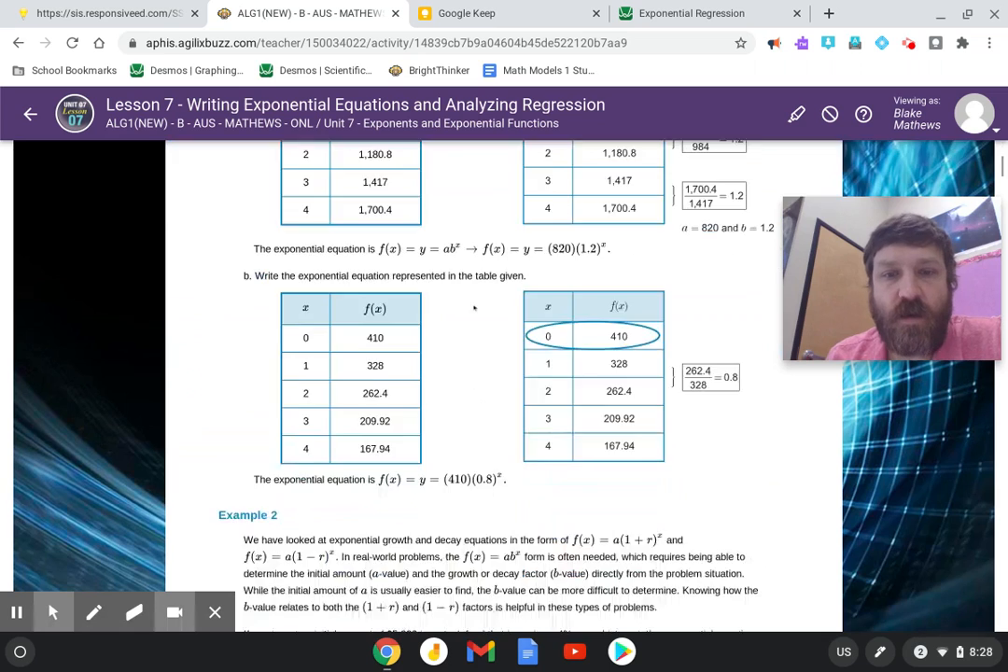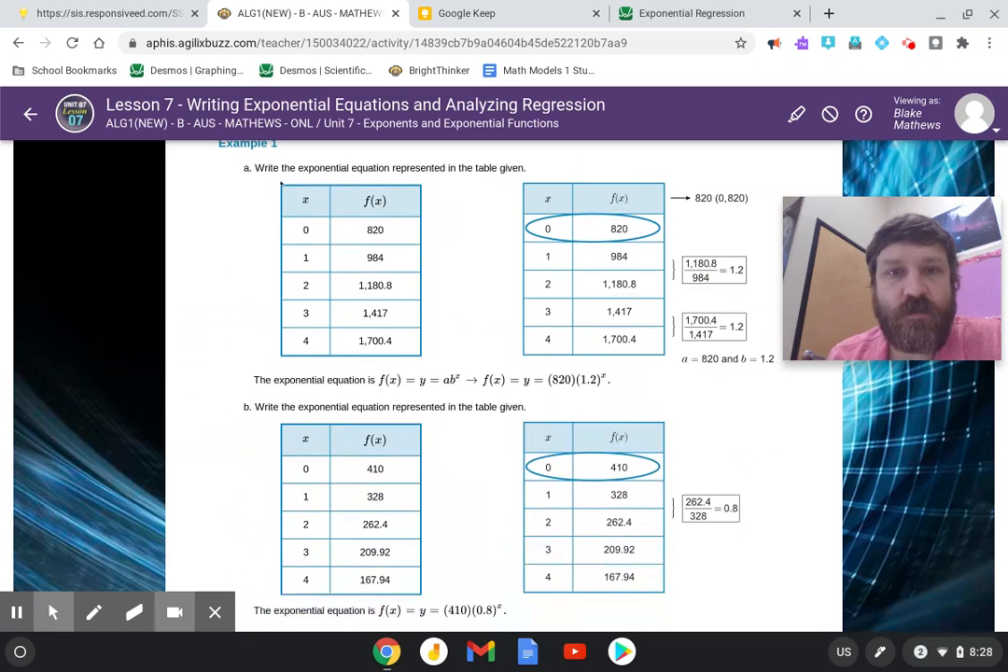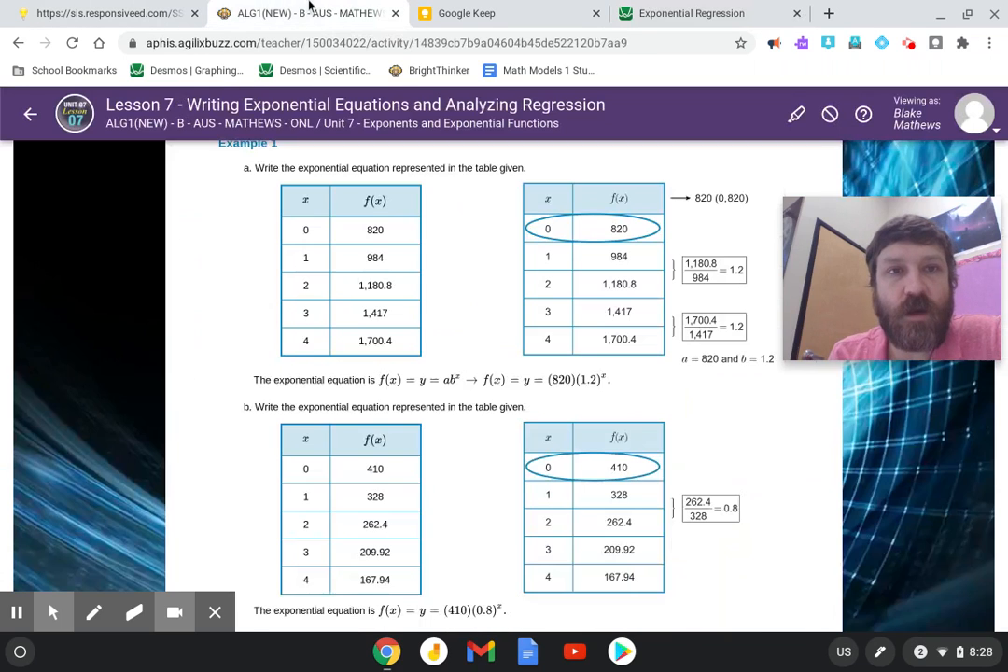So let's look at one of their examples. If you look right here, it says write an exponential equation represented in the table given. So you have x is 0, 1, 2, 3, and 4. So let's go ahead and type that into my x: 0, 1, 2, 3, and 4. So you'll want to do that. And then we're going to go to our y, and we're going to enter this other data,